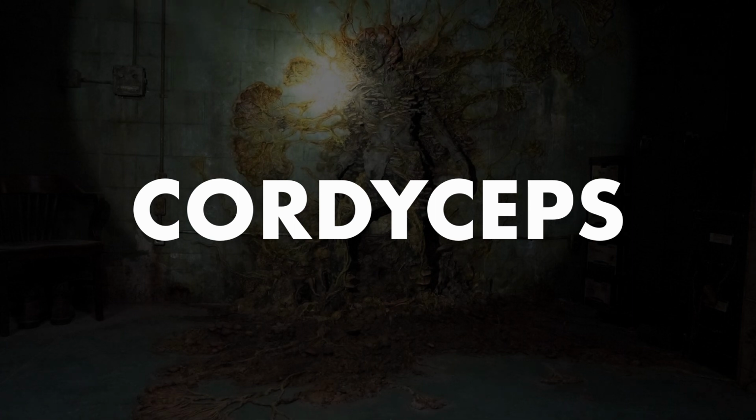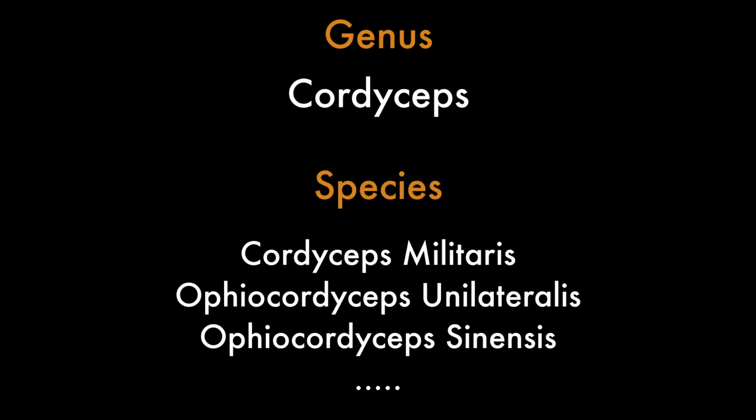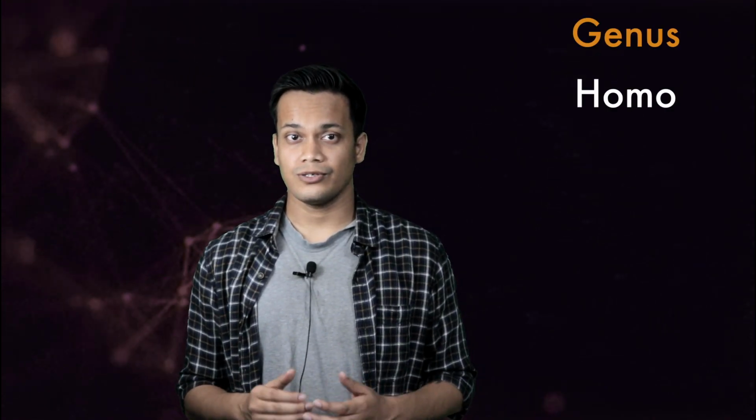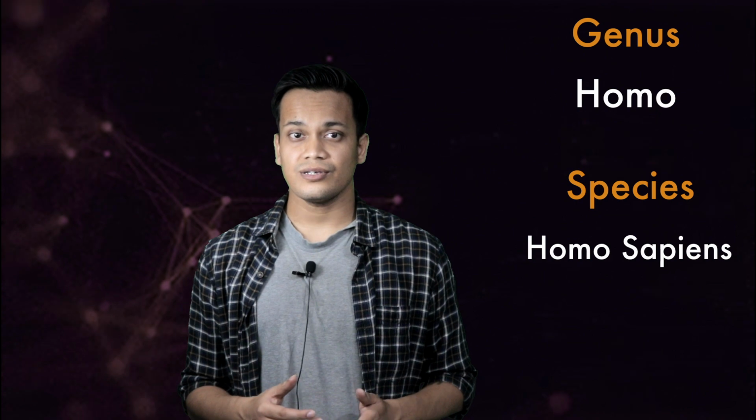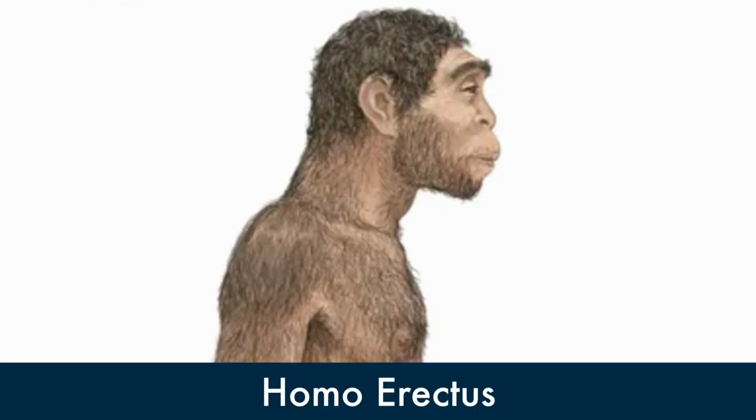So let's jump in. The infection stems out of the Cordyceps fungus, but actually that's not its typical name. Some nerd talk. Technically speaking, Cordyceps is the genus name, of which there are 600 known species. For instance, we modern humans belong to the species Homo sapiens, and the genus is called Homo. Likewise, our ancestral species like Homo erectus belongs to the same genus Homo. Back to the Cordyceps, the common name of the species is Cordyceps militaris. But for the sake of this video, let's just call it Cordyceps.